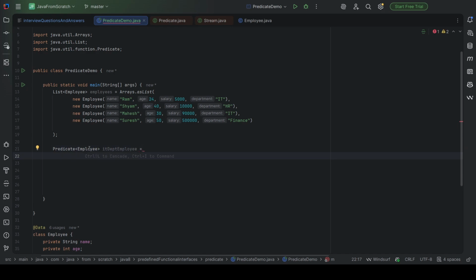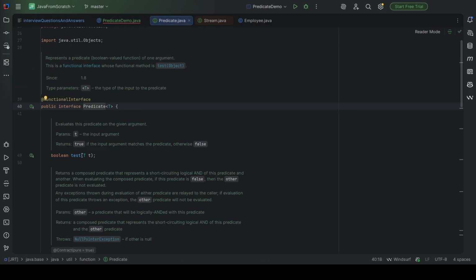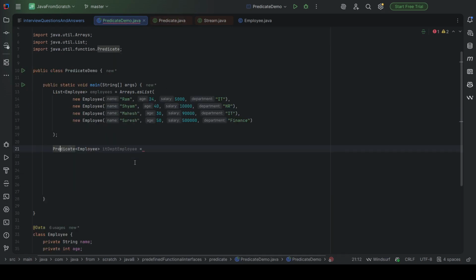Now we know this predicate takes one argument. So just open the bracket, and the bracket will take one argument. And the argument is Employee, because it is the employee predicate. Open the lambda syntax and here add the condition.